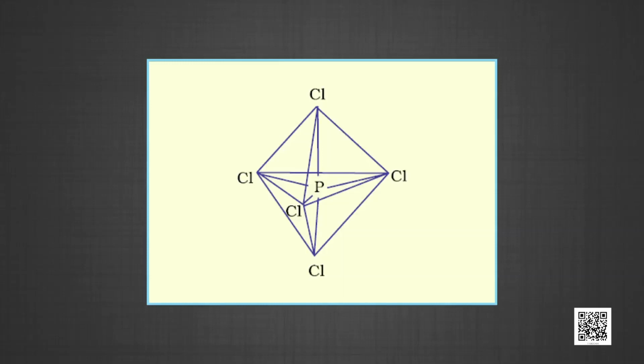The remaining 2 P-Cl bonds, one lying above and the other lying below the equatorial plane, make an angle of 90 degrees with the plane. These bonds are called axial bonds. As the axial bond pairs suffer more repulsive interaction from the equatorial bond pairs, the axial bonds have been found to be slightly longer and hence slightly weaker than the equatorial bonds, which makes the PCl5 molecule more